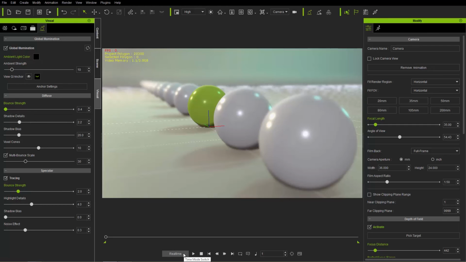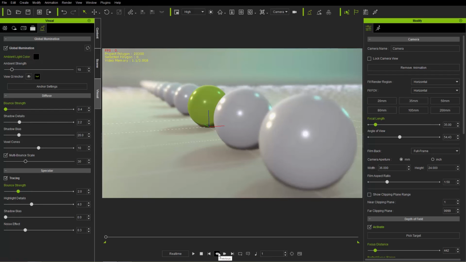We're not going to cover that right now. And you have your standard play, stop, go back to the first frame right here, back to the starting frame. So if I click and drag in my timeline right here, I have no animation, of course, but if I just click on this button right here, it'll take me all the way back to frame 1.